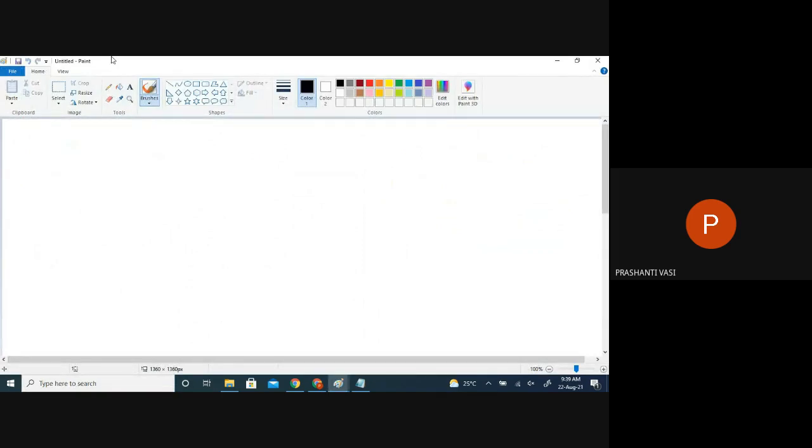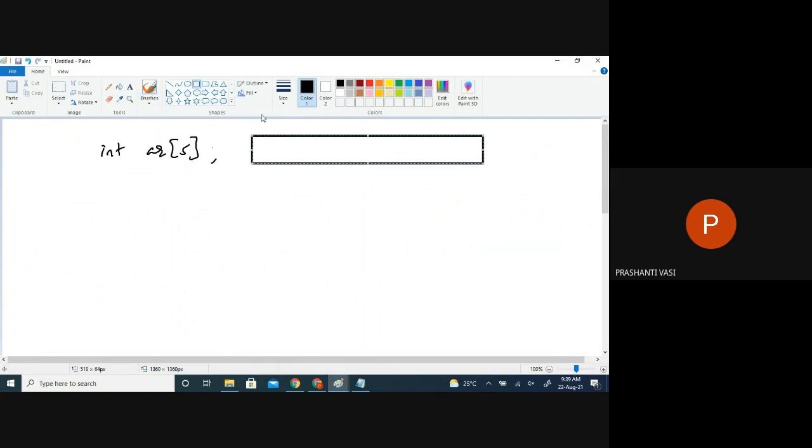When I say int ar[5], immediately we get a simple block of memory on the RAM, and it's partitioned into how many cells? Totally 5 cells are created here. This whole array has a common name, ar, and the size of this is 5. Each partition or each cell has its own index starting from 0, 1, 2, 3, 4. That means the last index is always size minus 1. That you have to remember.